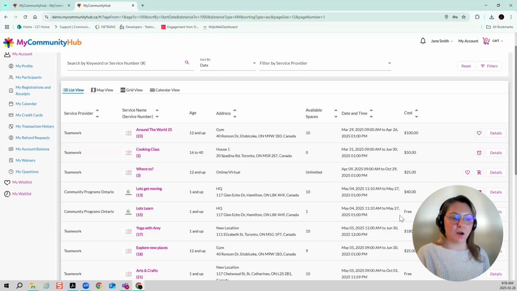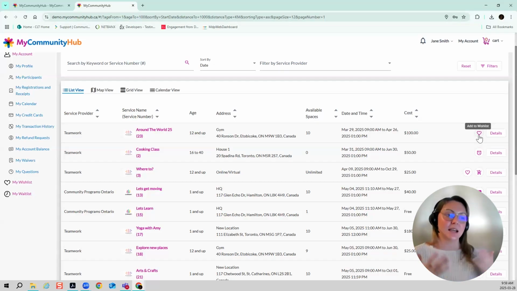You do have the ability to also post free programs if there's ever a need for it. And of course, you have the ability to add the cost as well. Now, on this very end here, you'll see a few different icons. So it does look a little bit different when you're logged in, that there's obviously a few more things that you can do. So first and foremost, let's start with the heart. This is what we call our wish list. So I can add myself to a wish list for a program. So let's say I've gone in and I've looked at the details of the program.